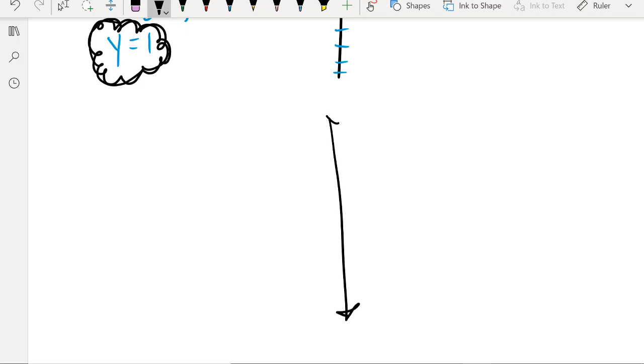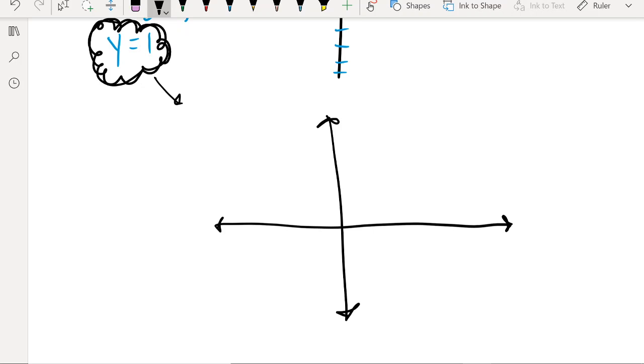Here's how I know what that graphs like. Okay. So on this graph here, I want the graph of y equals 1,